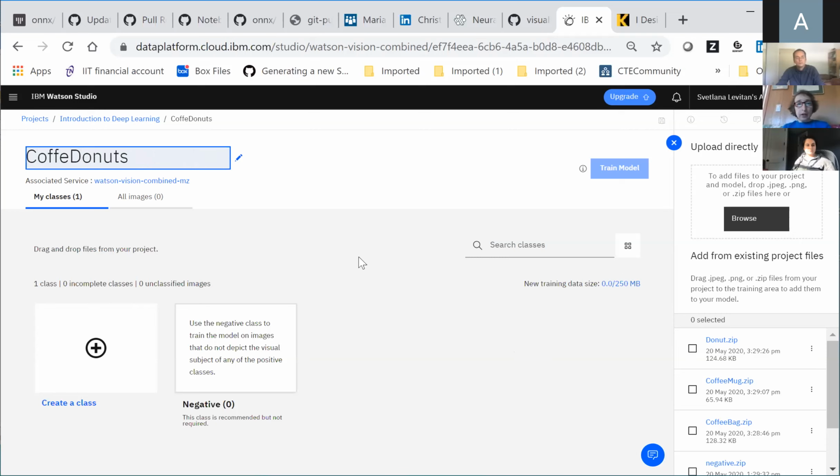I already loaded some data here, so the images are in those zip files, and using this button here, if you can see, with 0100, this is a button to load the data. It lets me browse on my computer and load the data. If we load some data, we'll see how it works.